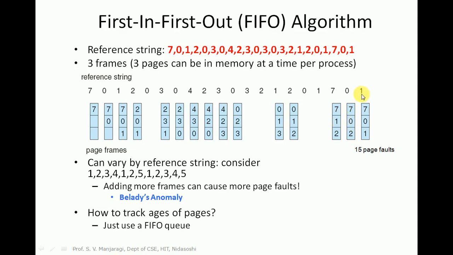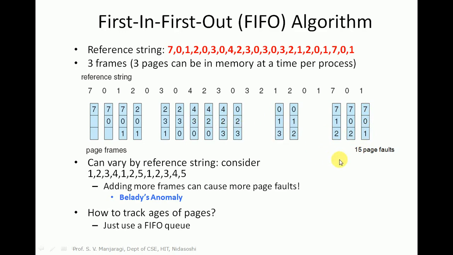The next reference string is 1. Okay. Again page fault occurs because 1 is not there in the memory. We go for the replacement. The older page, that is in the first in first out manner, we select 2 as victim. It is swapped out to the disk and we bring in 1 in place of 2. So finally in the memory we got the pages 0, 7, 1.